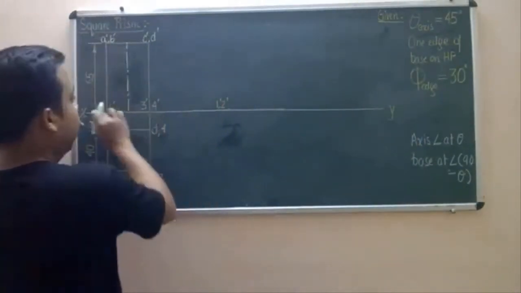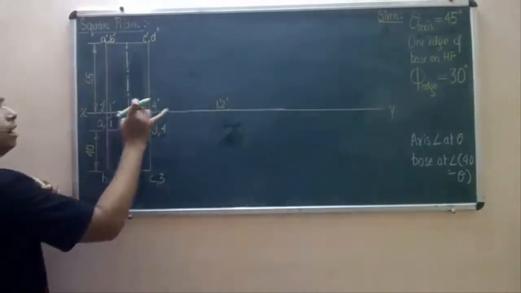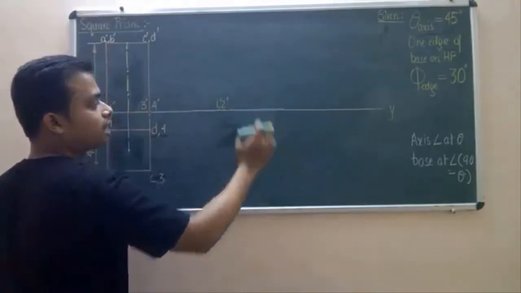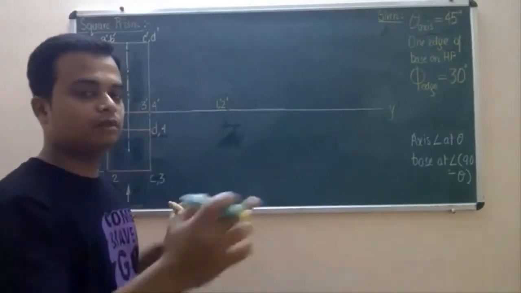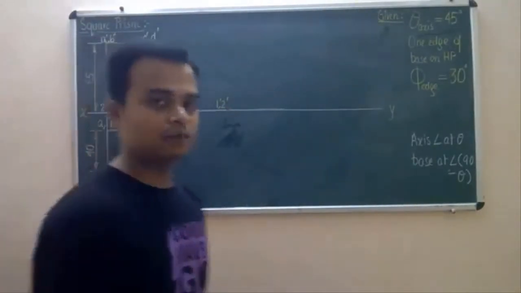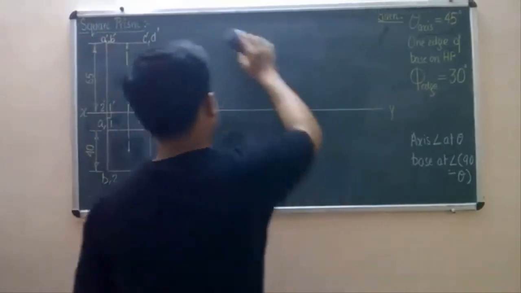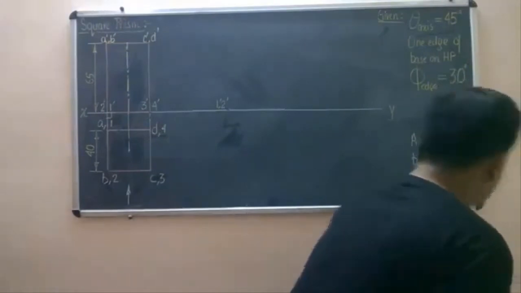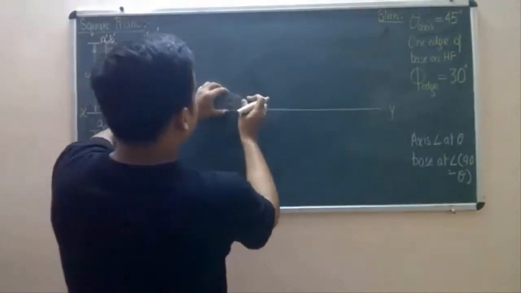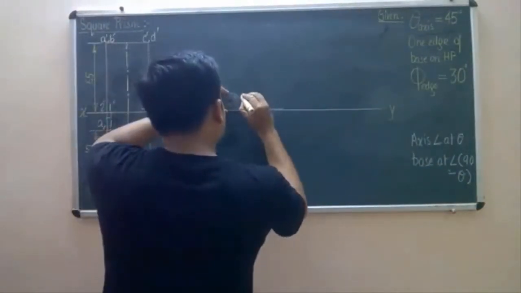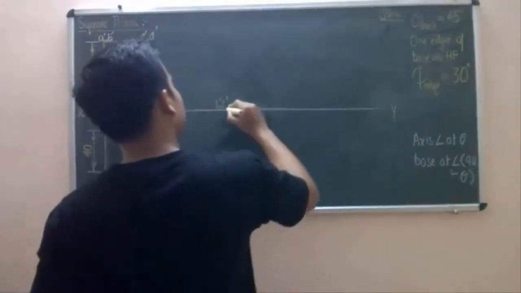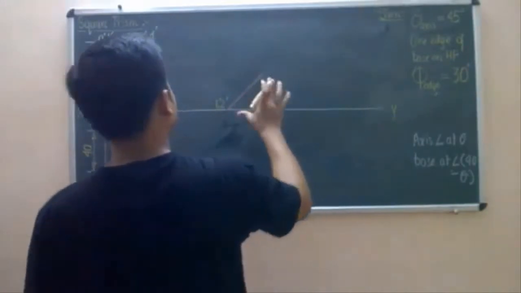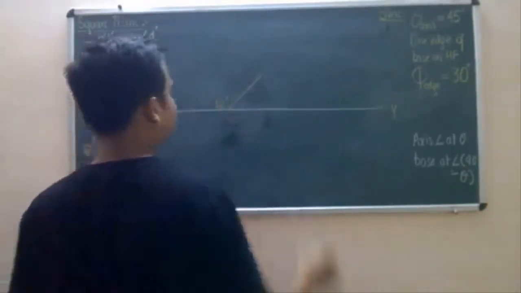So we're going to incline this base over here at an angle of 45 degrees. Why? Because the axis has to be inclined at an angle of 45. Hence, the base will make 90 minus 45, which in fact is equal to 45 degrees. Okay, let us do this quickly. Let me take a protractor and let us do this. 40, 45 approximately. This will do the job. Well, that's it. This is now inclined at an angle of 45 degrees.